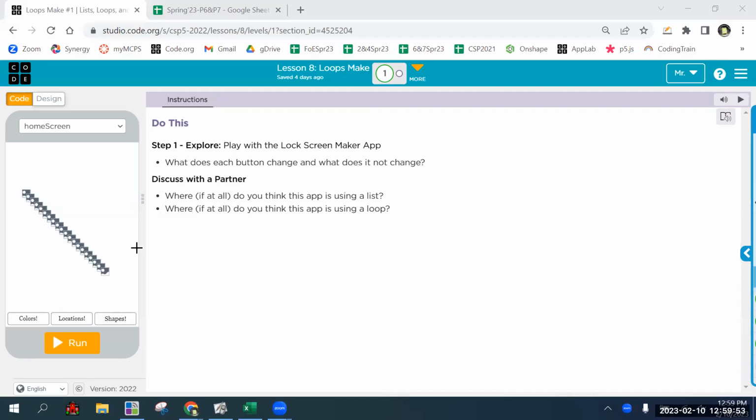And we will get started. All right, so the plan is to do lesson 8. It is a single app end of chapter puzzle. And the goal is to recreate